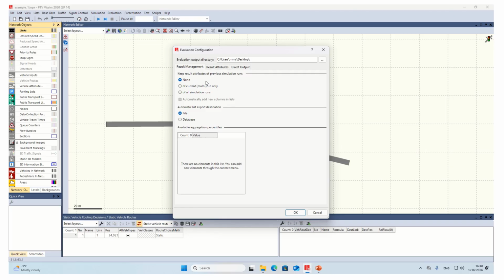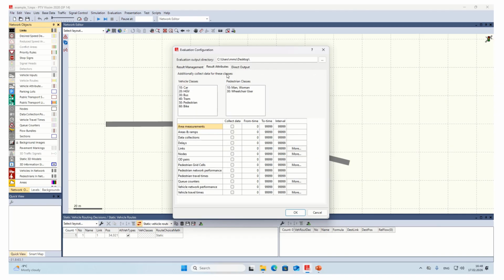So each time I would receive a new set of data. While if you are planning to complete several runs, please pay attention to the more options which are indicated here. In general, as you can see, we are not making any changes here. That's why let's move to